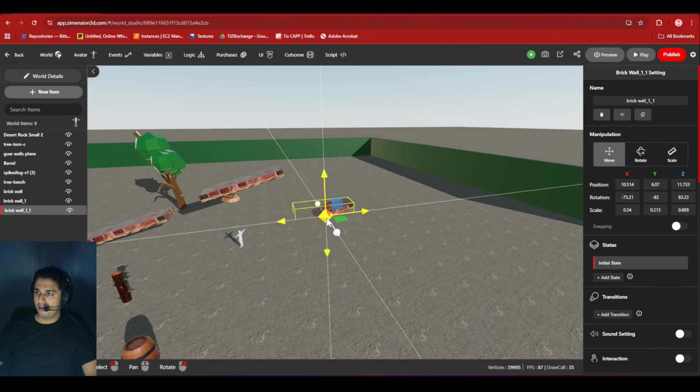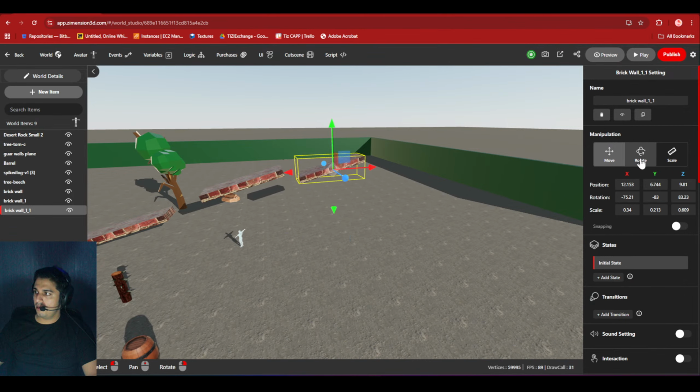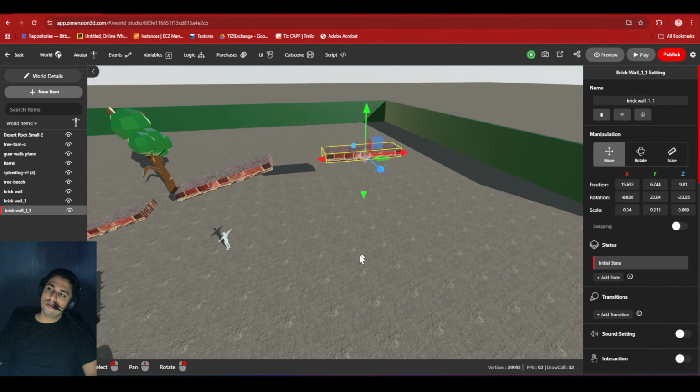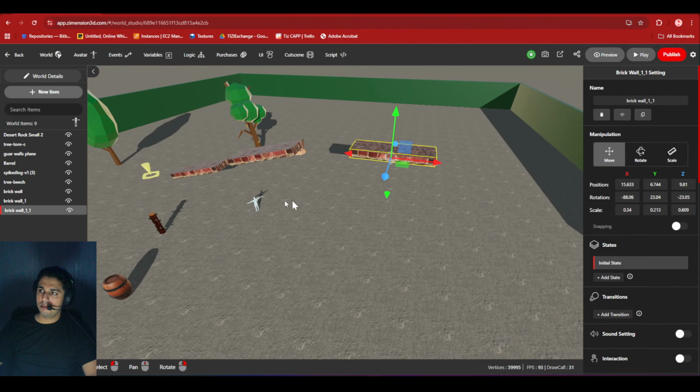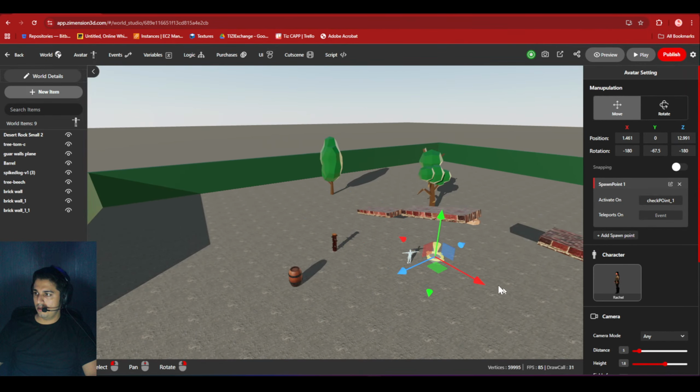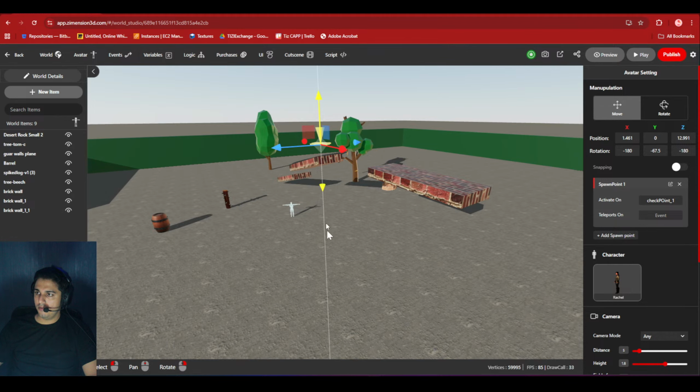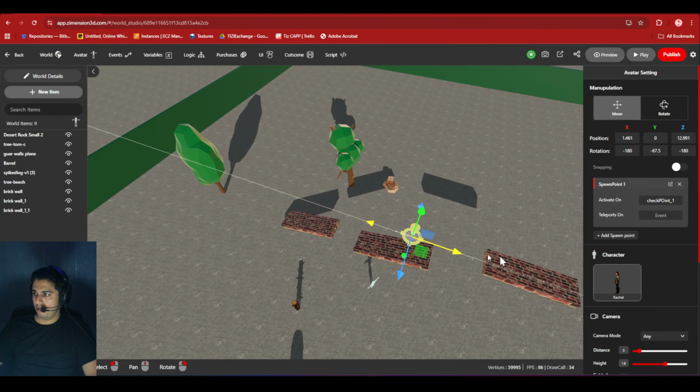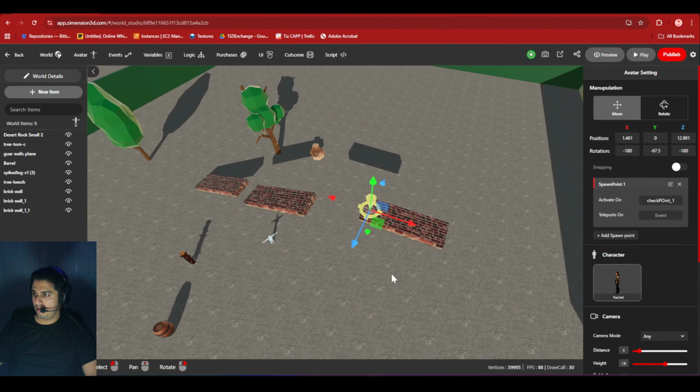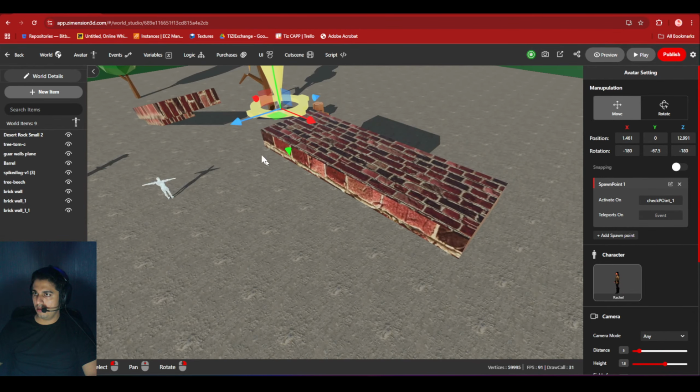Then Shift D to make another copy. Here on the top we will trigger something, so once you cross this level, the character should spawn from here.